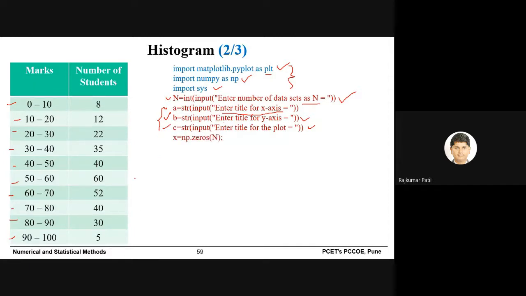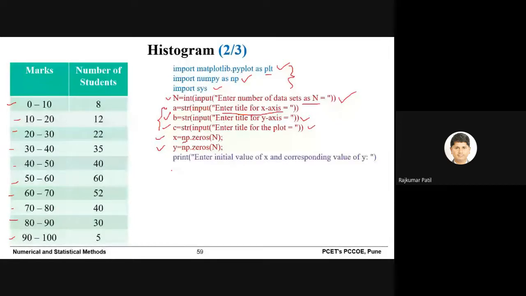Now we need to write code so that we can slowly enter the data points. We will start with x equal to np, which stands for numpy, dot zeros n. So we are first of all creating a null matrix. Then we will create a matrix or array for the y values.